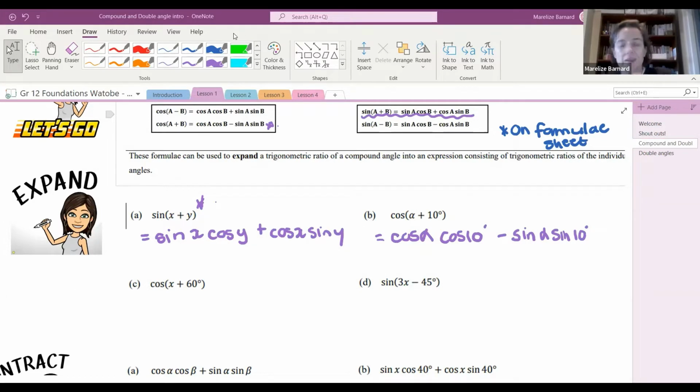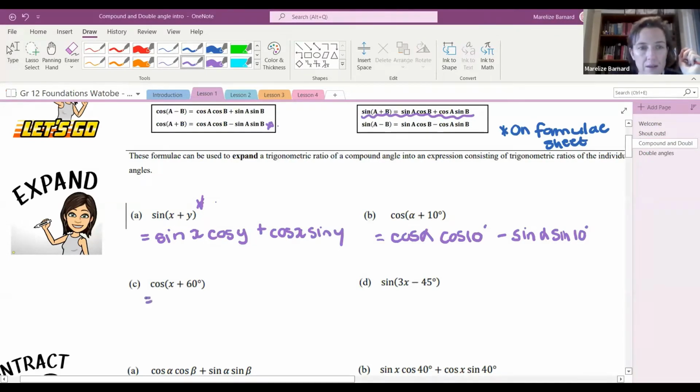Okay, right. But that's correct so far. We are going to use cos A plus B to expand this. So that is,